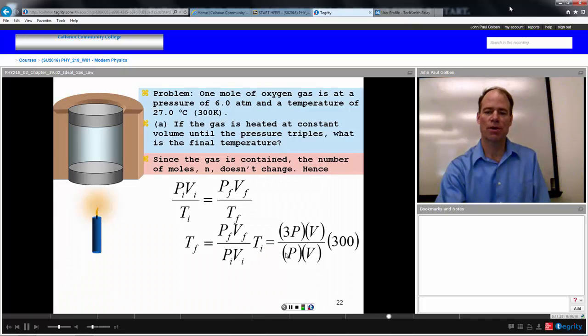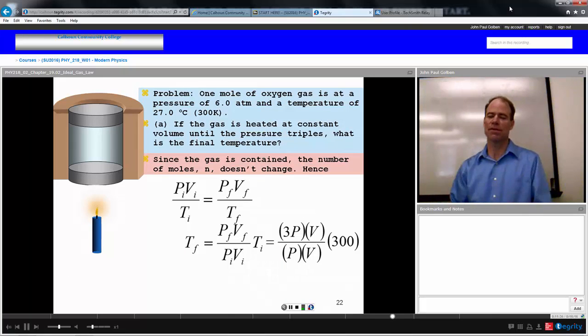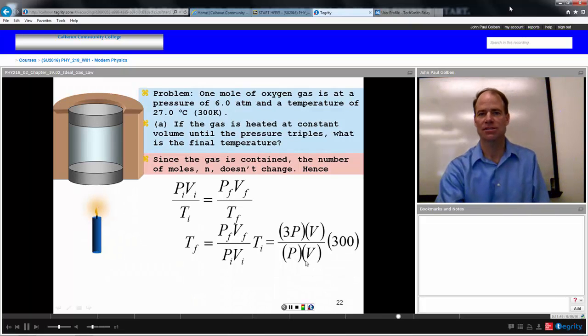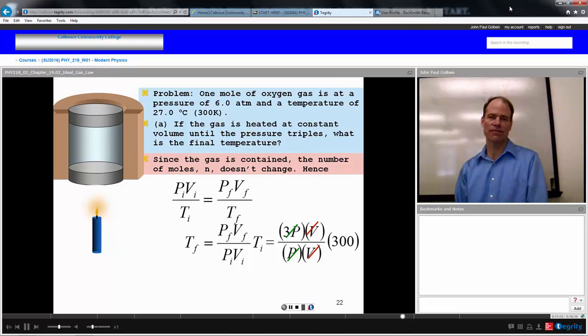Our final pressure is 3 times our initial pressure. We don't know what that value was, but it doesn't matter. The pressure and pressure are going to cancel, and the ratio of 3 to 1 is just going to remain. So we're going to have 3. Our final volume will be the same as our initial volume. We didn't know what that was, but that will cancel as well. So the pressures cancel out, volumes cancel out, and we end up with a final temperature of 3 times 300,